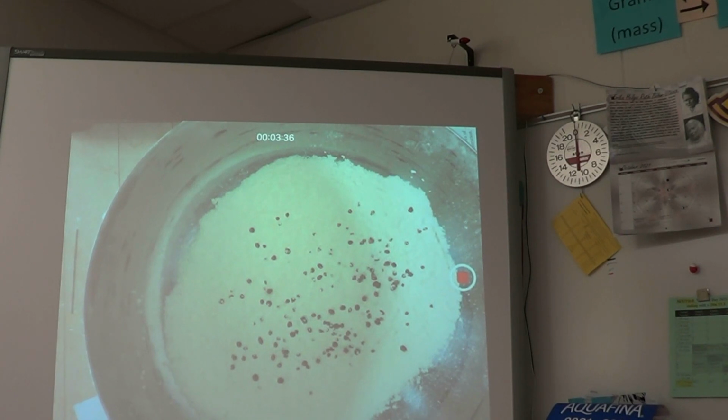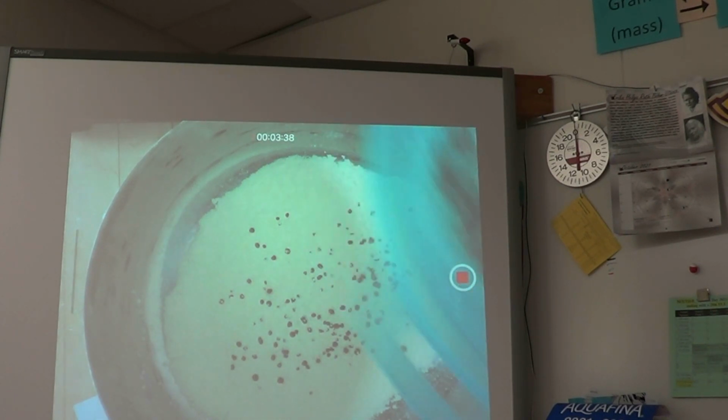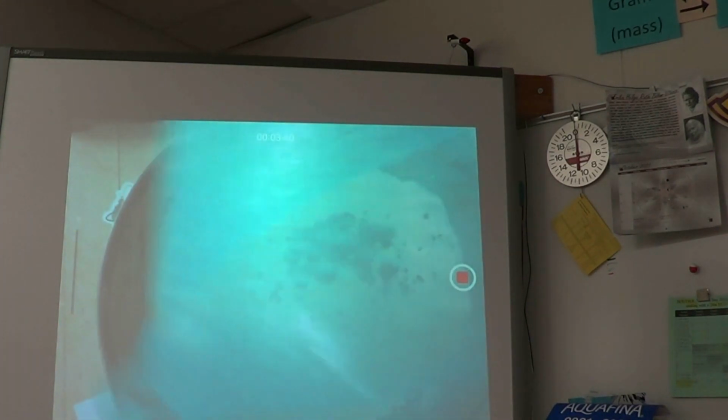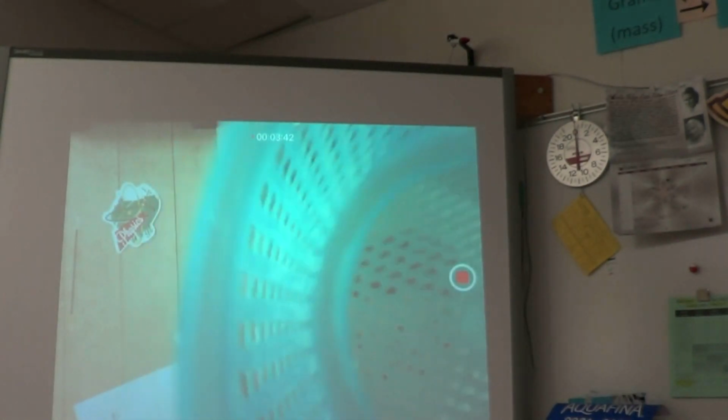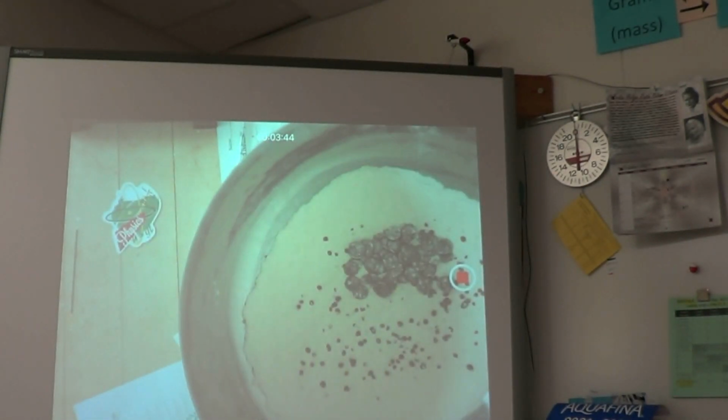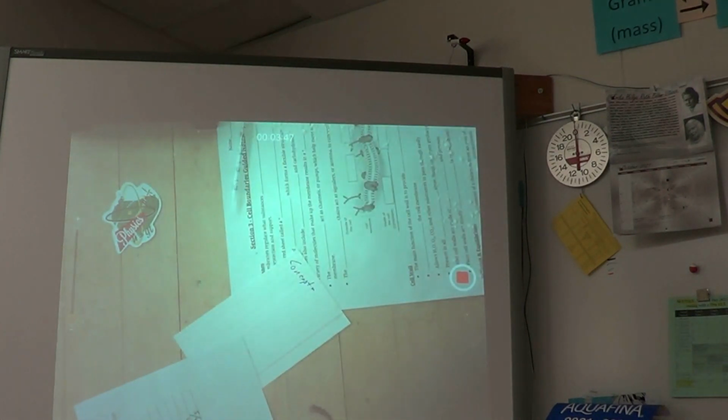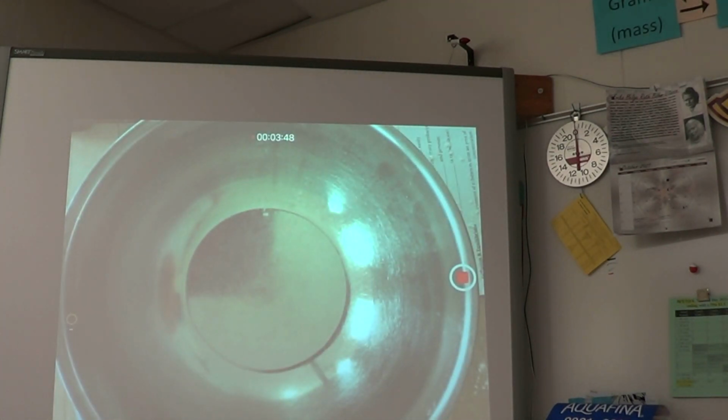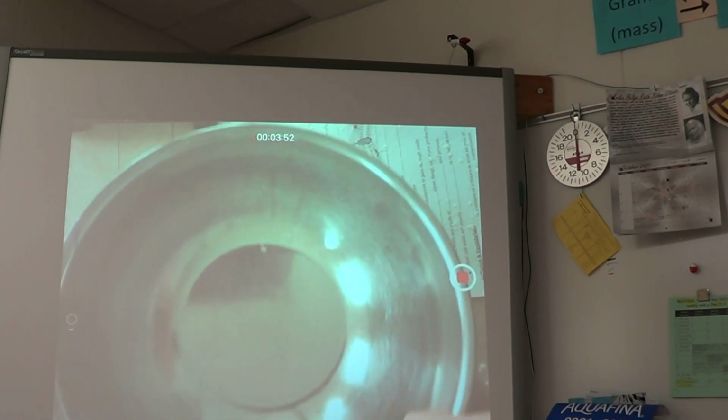The idea of permeability is a relative term. So what is it permeable to? What is it impermeable to? It depends upon the membrane. So if I use a different membrane, like